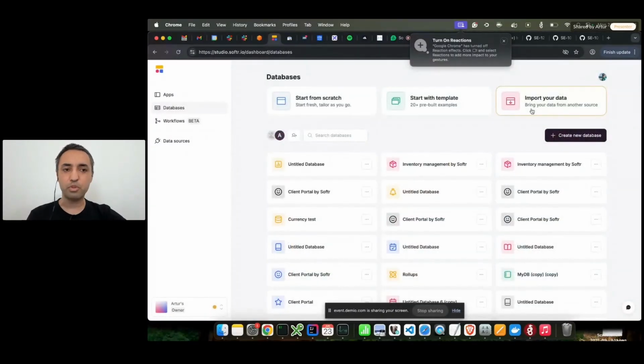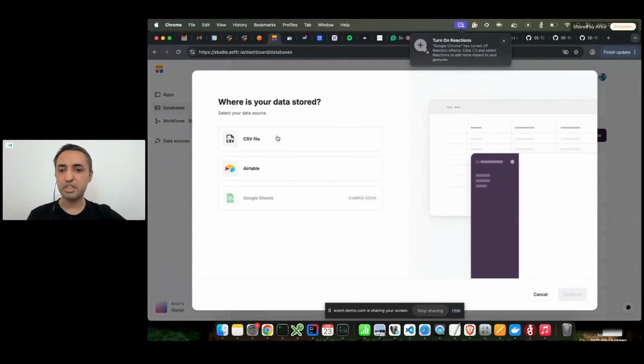We also have import functionality. Many of you mentioned importing from different places. As you can see, we have CSV, which is already in production. We do have Airtable as well. It's internal for me at the moment because it still needs to be tested. It still lacks certain functionalities. So we are fine tuning it, and we hope in the next 1 or 2 weeks, we'll be able to release this to you as well.